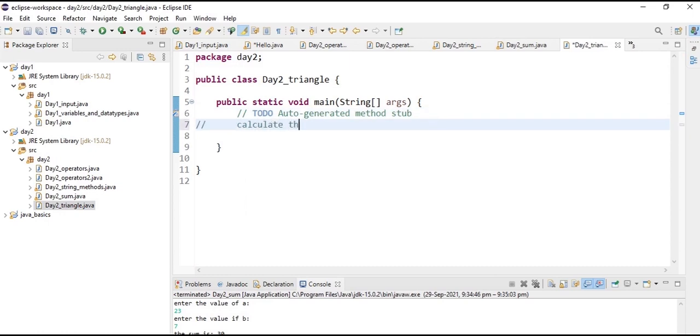Calculate the area of a triangle with the help of length and breadth from the user.